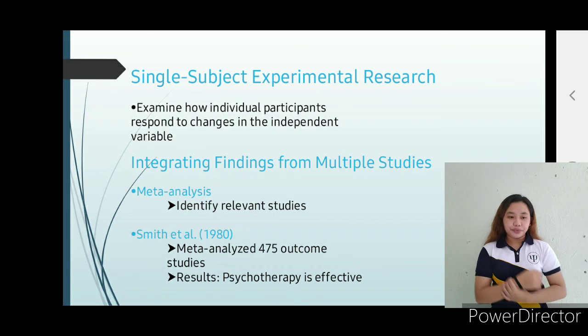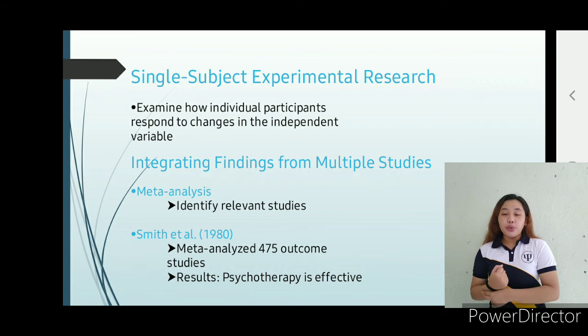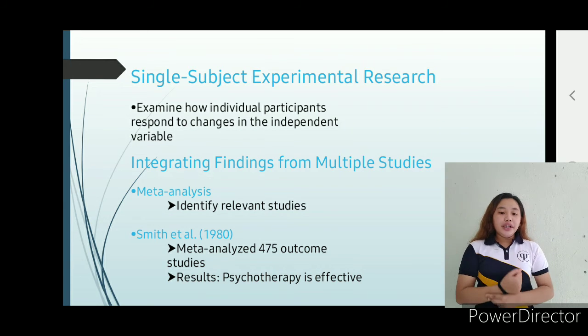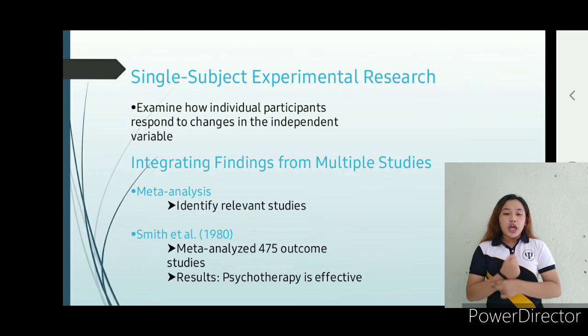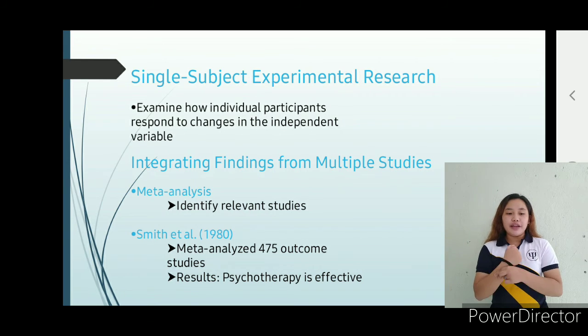In general, meta-analysis represents a vast improvement over traditional methods of research review by providing a more thorough description of the current status of research in an area and a more precise estimate of the effects